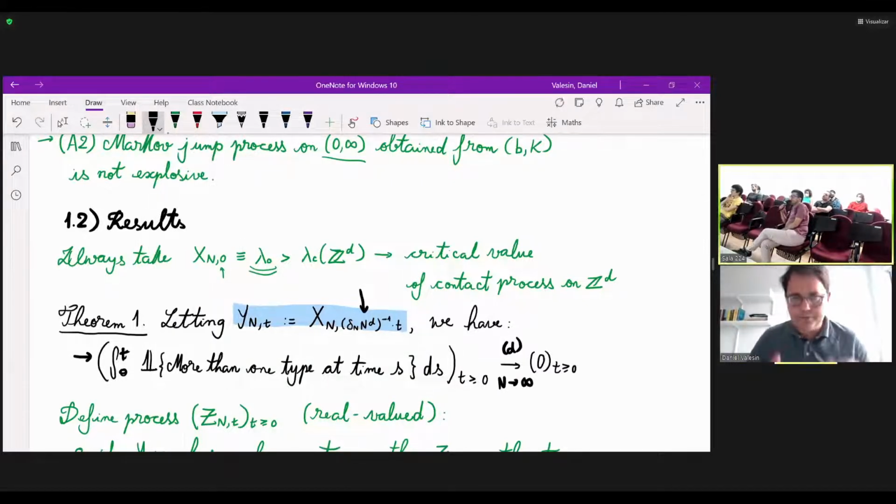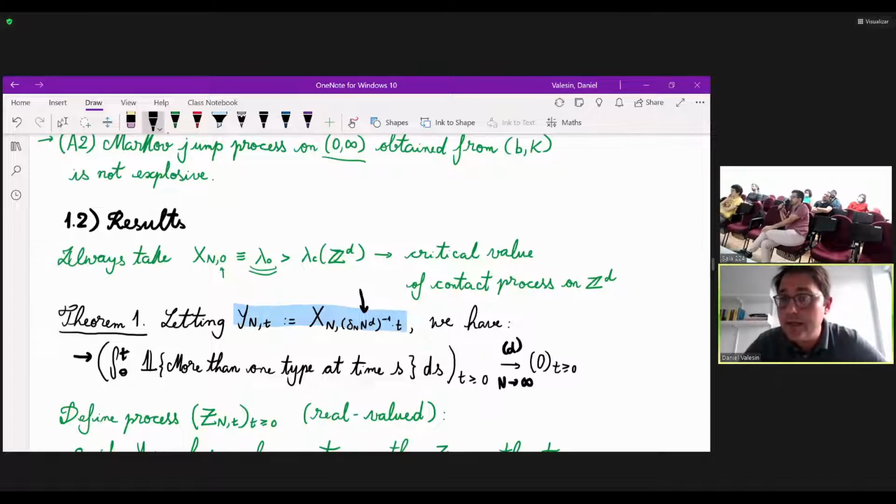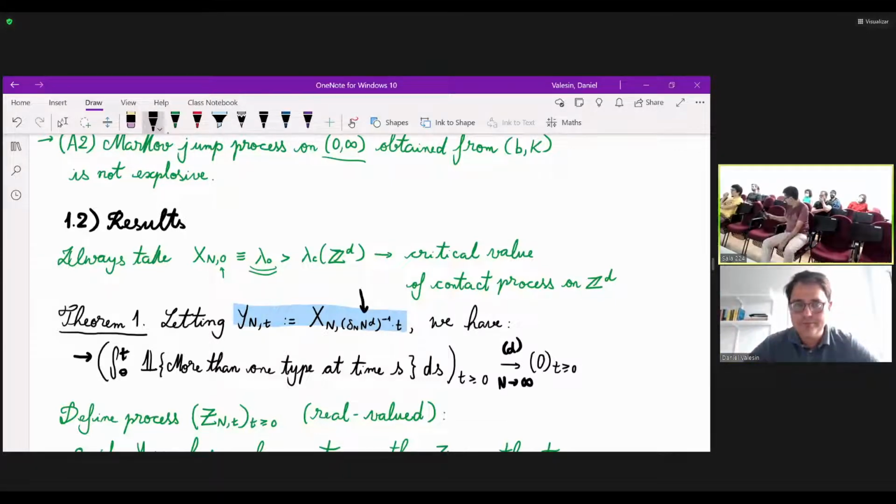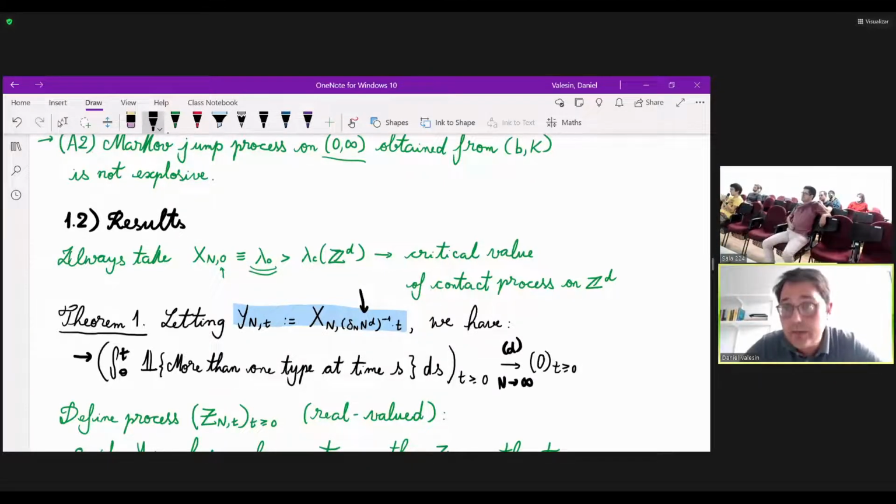So Daniel? Yeah. So in this theorem, when you say more than one type is present, just one particle of a different type means more than one type? Indeed, yeah. So if you have everybody of type, let's say 15, and one guy of type, say 11, that already counts as more than one type. Okay, thanks. You're saying that this thing converges as a process, but does it contain more information than just... No. It's the same thing as saying if you fix a time t, it will converge to zero in probability. It's the same thing. Yeah.